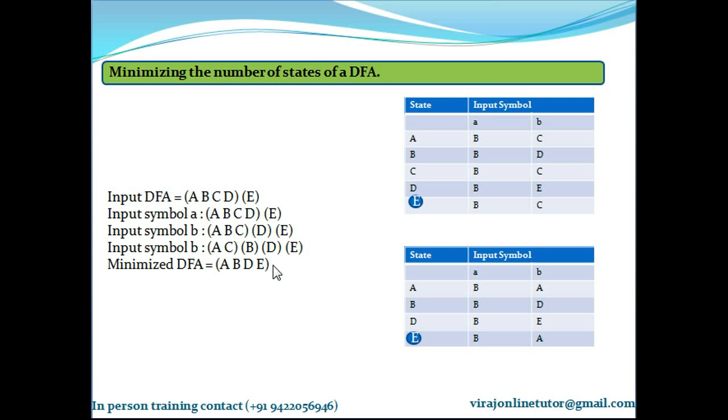Finally, you select one representative from each group. So I selected A here, B, D and E. So just write 4 rows. Delete the row for C. And since I have selected A as a representative for C, wherever there is C in this table, replace it with A. That's it. The final state, since we are selecting one representative, is E, which was again one state here. So this is how we minimize the number of states of the DFA.